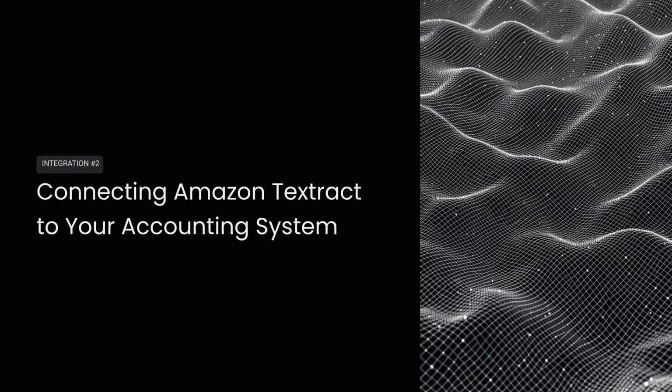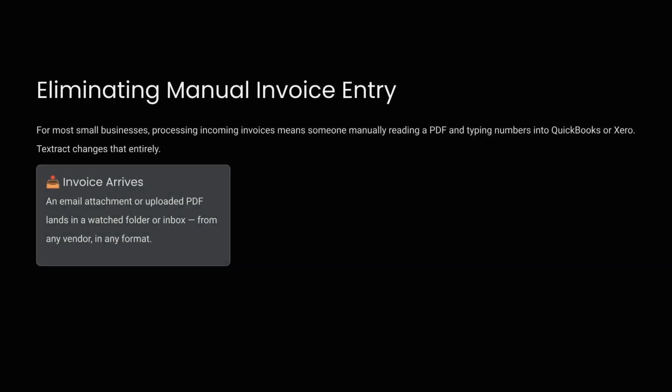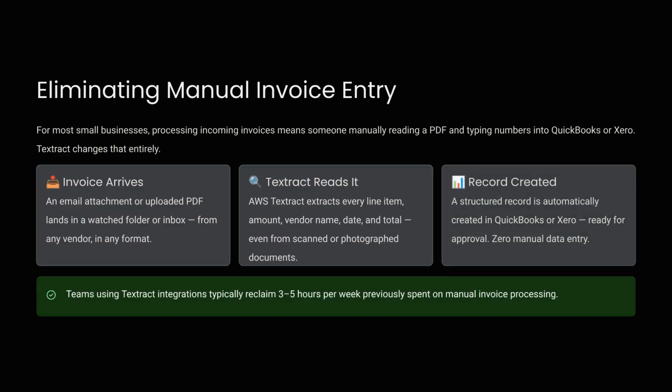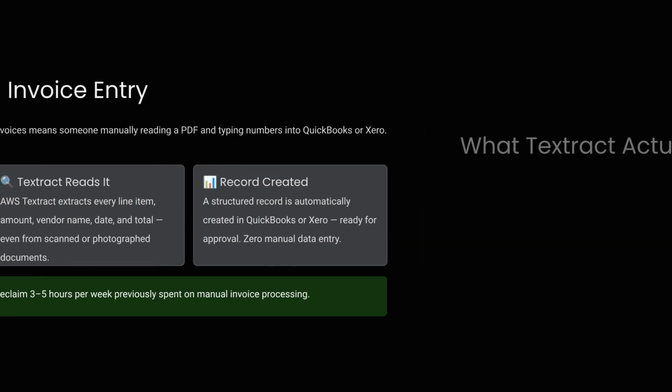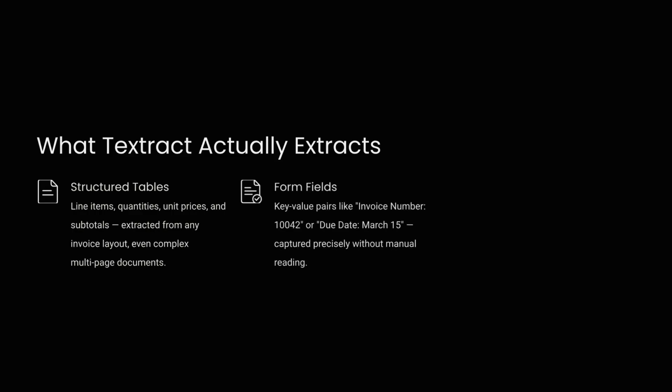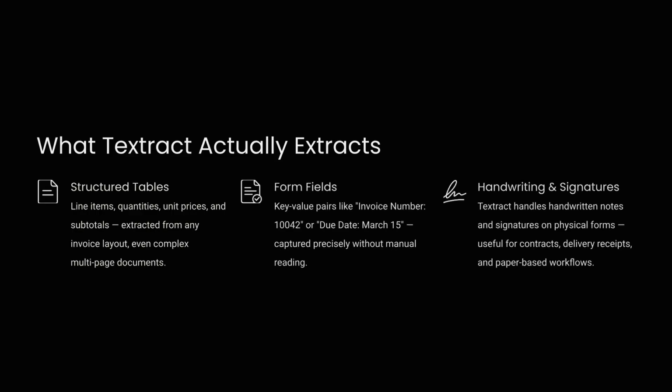Integration number 2 focuses on connecting Amazon Textract to your accounting system. This eliminates manual invoice entry. When an invoice arrives, Textract reads and extracts all line items and details, even from scanned documents. A structured record is then automatically created in QuickBooks or Xero, saving 3 to 5 hours per week on manual invoice processing. Textract can extract structured tables, including line items and subtotals. It also extracts form fields like invoice numbers and due dates, and even handles handwriting and signatures on physical forms